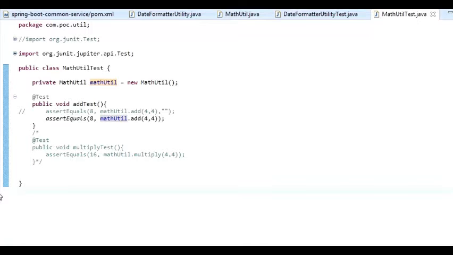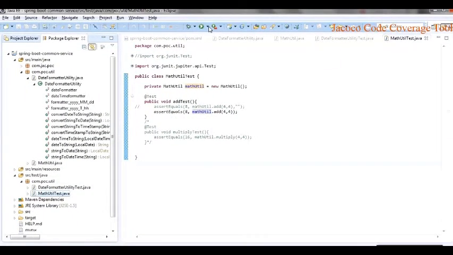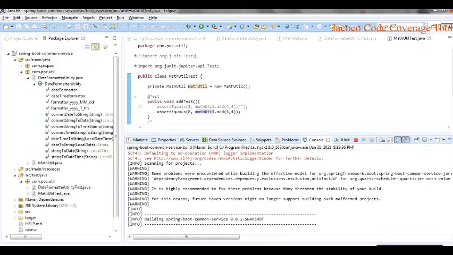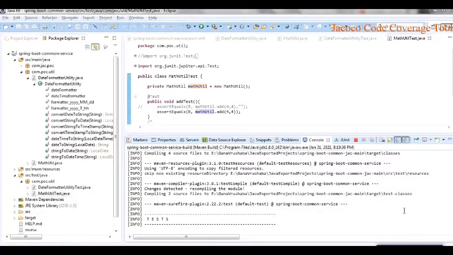So let me build. Now the JUnit test cases are running.